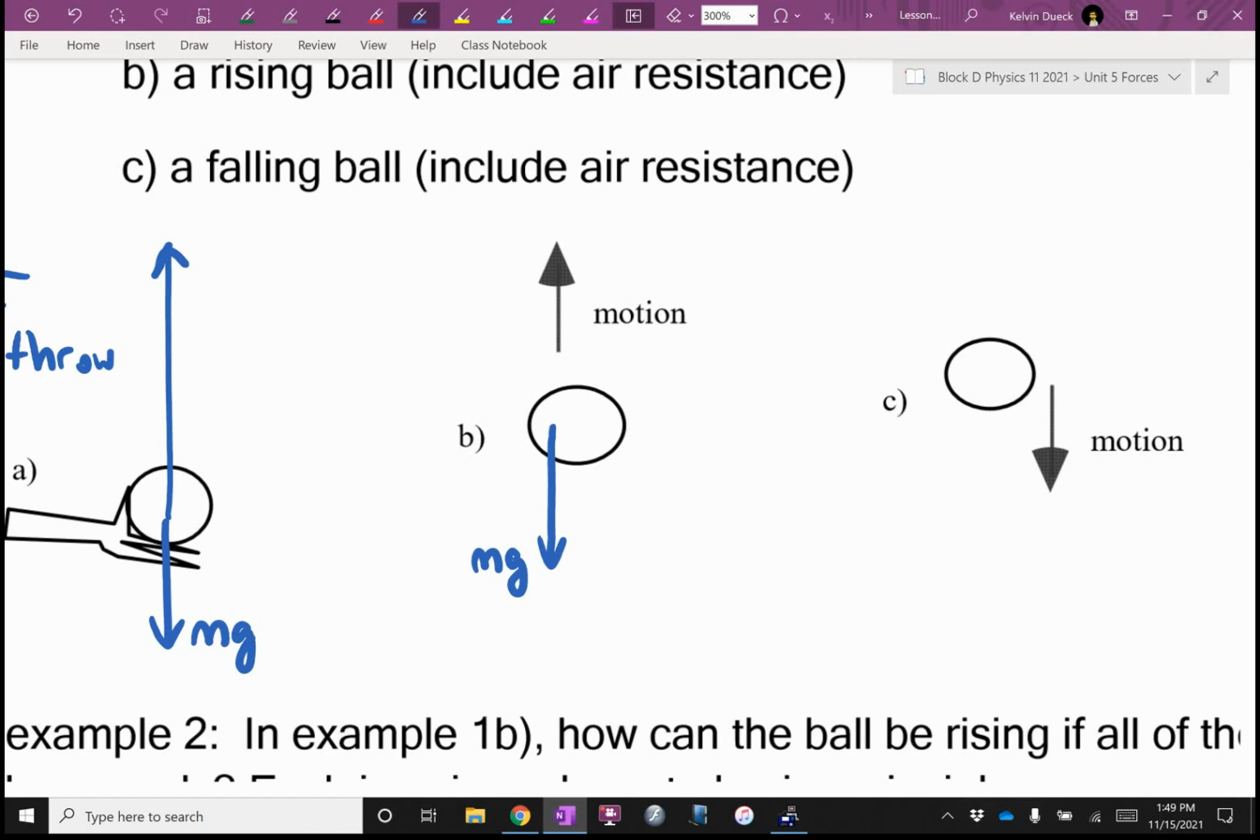Which way is the ball moving? Air resistance is always the opposite direction of motion. So which way is air resistance? I'll give you a hint. It's the opposite of up. Yeah. I'm going to put it right beside